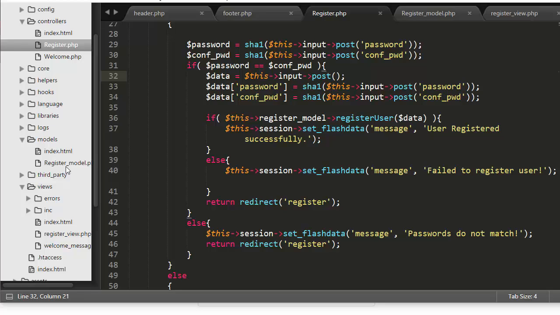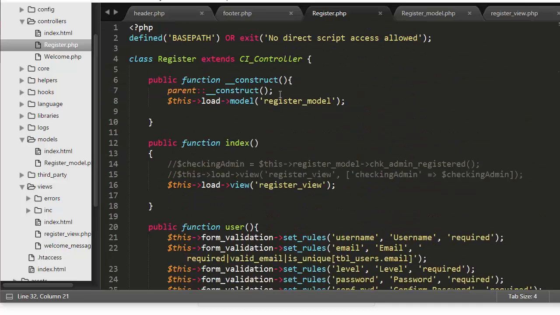So I need to write an SQL query with which I can allow the user to register to our website or our application. For writing those queries, I need to create a model, and I have already created that model with the name register model. I need to load that model in my register controller, and I have already told you that inside my constructor I have already loaded that register model. And here I just need to